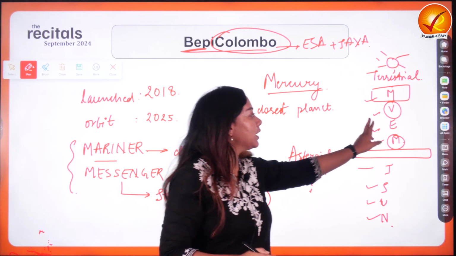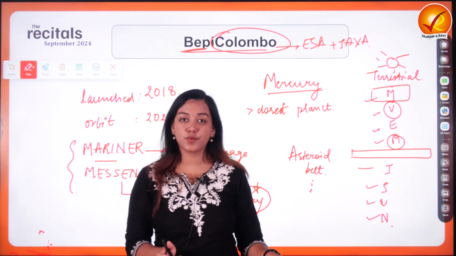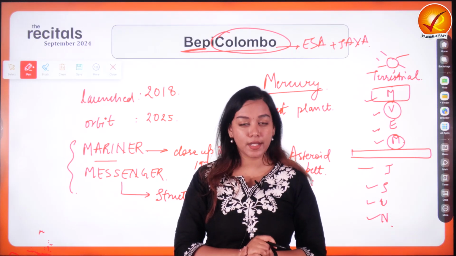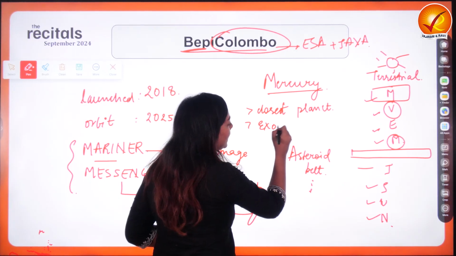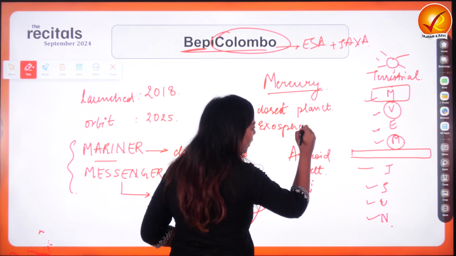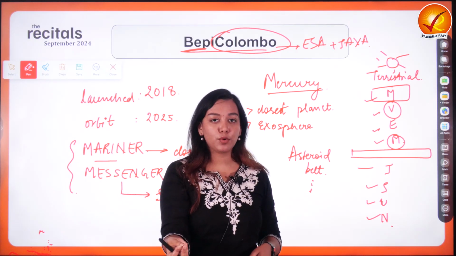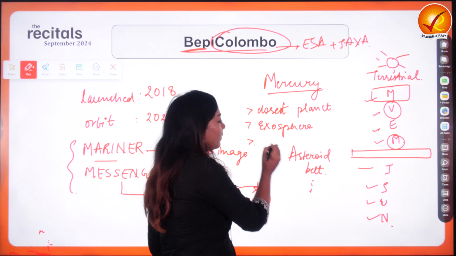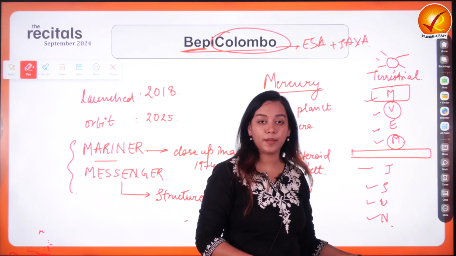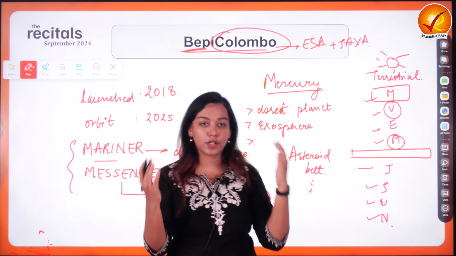In the case of Mercury, there is very little atmosphere. In fact, it would be safe to say that it has no atmosphere except for a very thin layer of exosphere. So in the name of atmosphere, it has only an exosphere with some tiny traces of gases which are yet to be explored. We are about to discover this as well. Is it a terrestrial planet or a Jovian planet? It is a terrestrial planet. So we will also be curious to understand its structure.